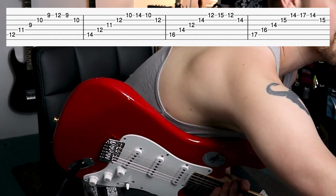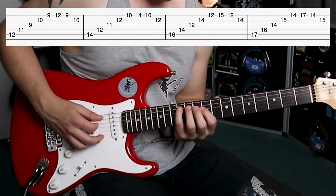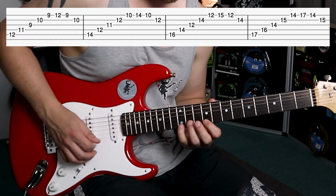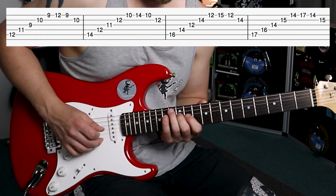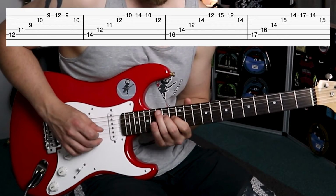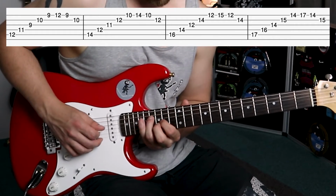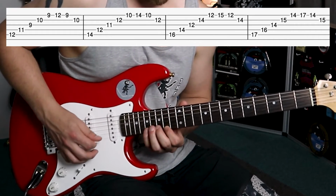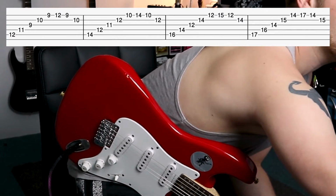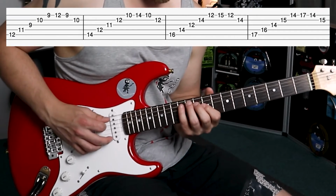Okay, 100 BPM. 1, 2, 3, and... I hope my mistake didn't put you off with that dud note, but 110, because I know that was a one-off. 1, 2, 3, and...